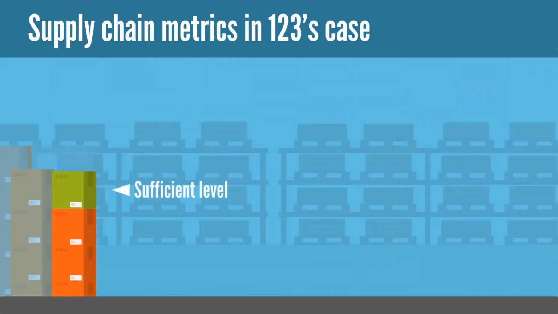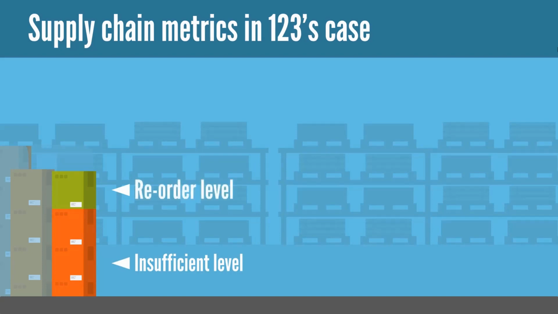If we have sufficient inventory of a product, we do not have to produce this product until we are below the desired level of inventory. Such level is called the reorder level. Every time a firm's inventory goes under the reorder level, supply chain receives, so to say, an order to produce additional units of the product sold to customers.